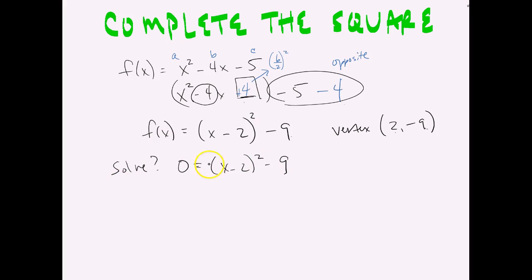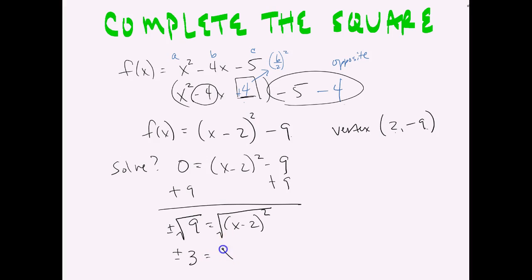And if it was a solve problem, then you would go about trying to get x by itself. So you could add 9 to both sides. After you add the 9 to both sides, you need to get rid of that squared. So we would be taking a square root of both sides. Don't forget, when you take a square root, you need the plus or minus. Now, the square root of 9 is just 3, so I'm going to have a plus or minus 3 equals